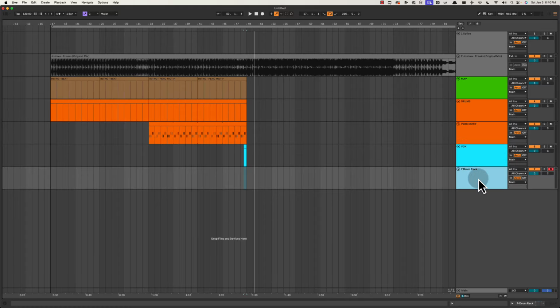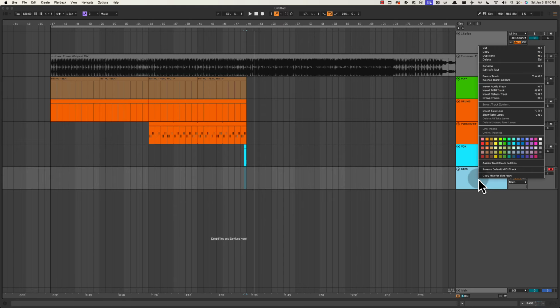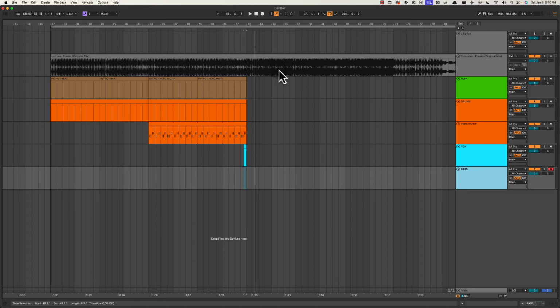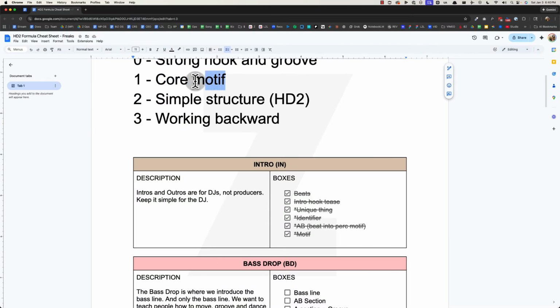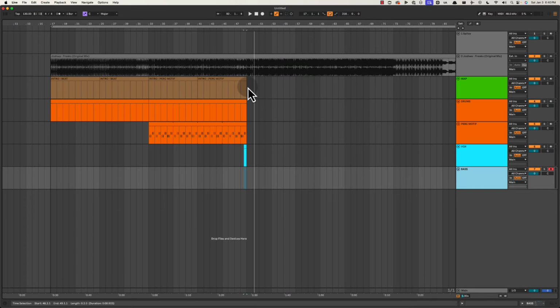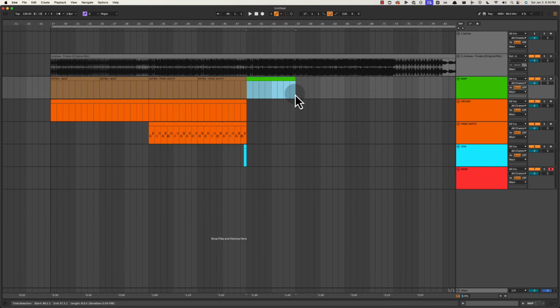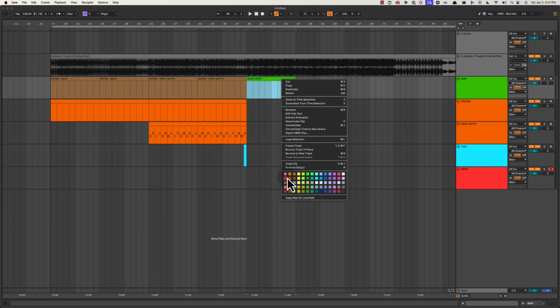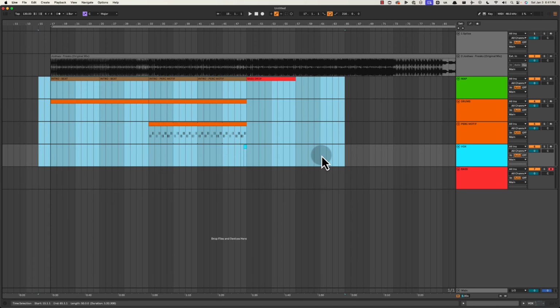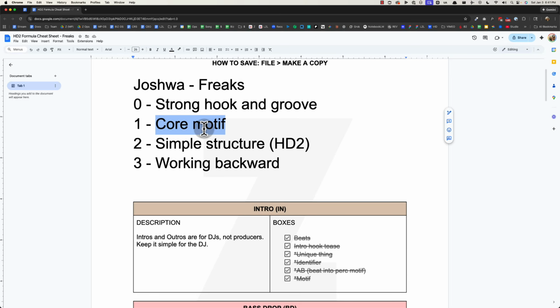So now obviously we're going to get the bass coming in here, and the bass is part of the core motif right here. That's going to be the next section, where we go into the bass drop. Let's look at what we need to do, because we're paying attention to a couple things. We'll be moving between a couple things in this video. One is the high level structure, but then also the core motif, so we'll be moving back and forth on that. And then, of course, some other observations in the track.